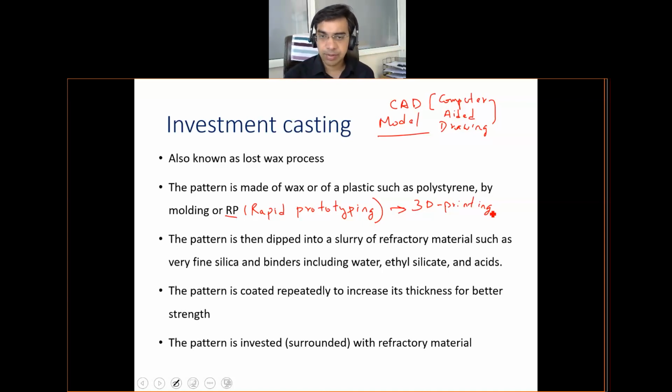So 3D printing is a rapid prototyping technique. So why this is known as rapid prototyping? So rapid means in very less time you can create a product. But these techniques, which come in the umbrella of rapid prototyping, they may not be suitable for mass production. Means they can produce few number of parts very quickly, but these techniques cannot produce large number of parts very quickly. So in case of investment casting, the rapid prototyping technique is used to create the pattern. So this pattern is made up of wax. Sometimes polystyrene is also used, but more with investment casting, wax is predominantly the pattern material.